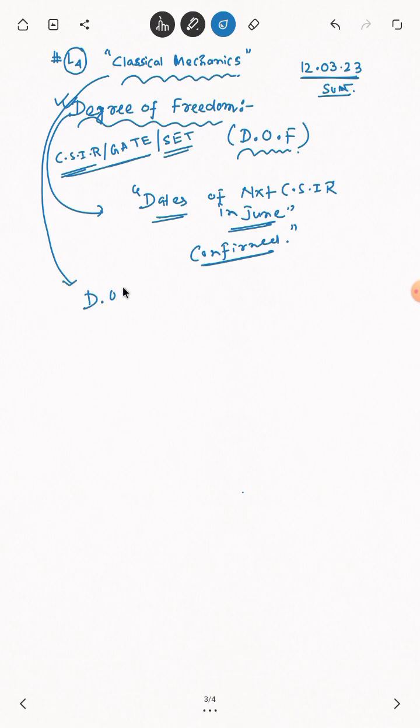DOF, ডিগ্রি অফ ফ্রিডম we should discuss in detail. First of all, main points. Target is to discuss main points of DOF, and finally we see the applications